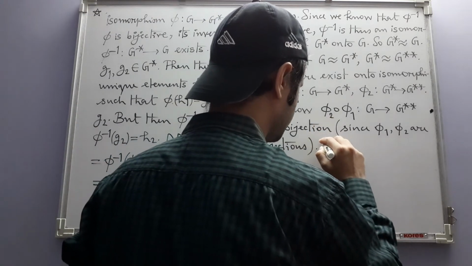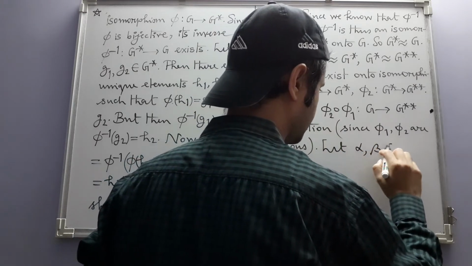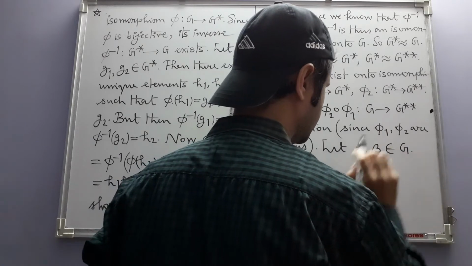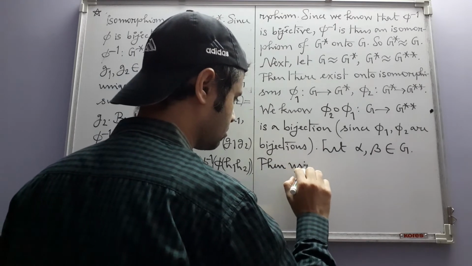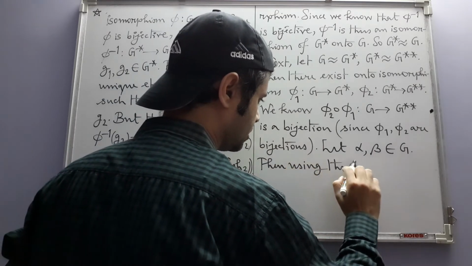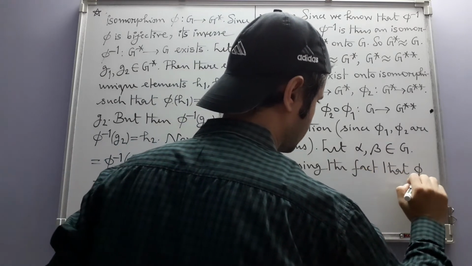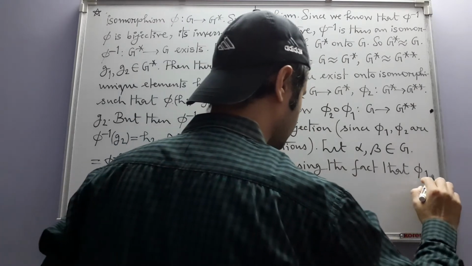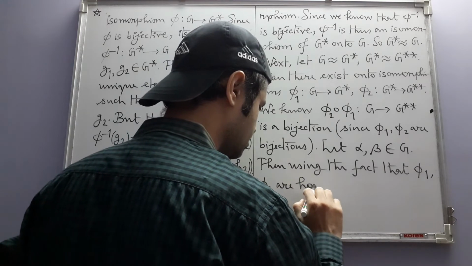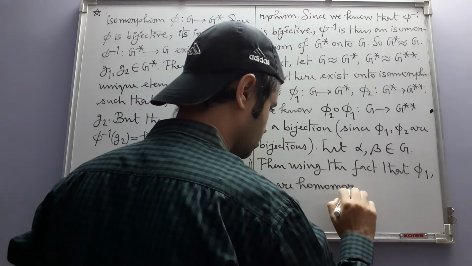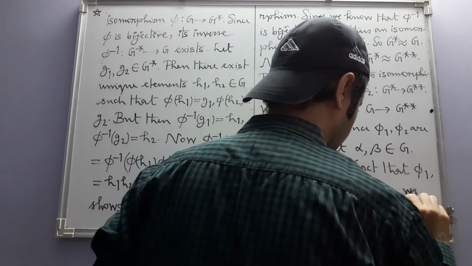So let us take alpha and beta to be two elements in G. Then, using the fact that phi 1 and phi 2 are homomorphisms, we have